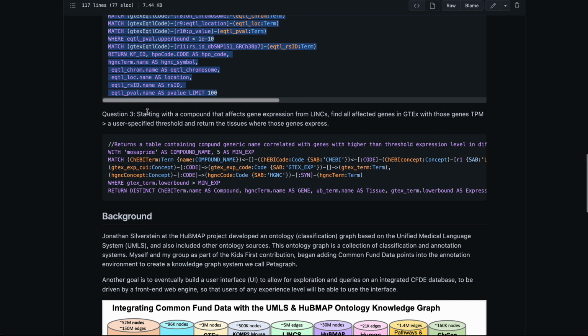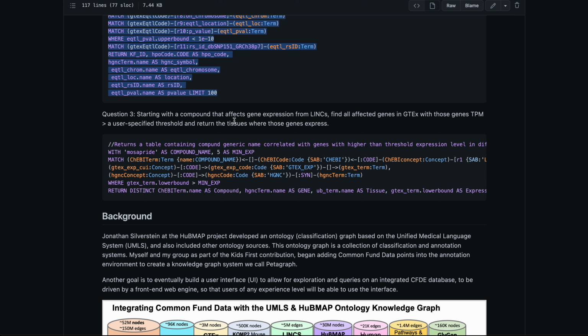Another query would be starting with a compound. Now we're going to move into compound relationships, compounds like chemicals that can affect gene expression relationships. So starting with a compound that affects gene expression from LINCS, find all the affected genes in GTEx with an expression value greater than some user-specified threshold, and then return the tissues where those genes